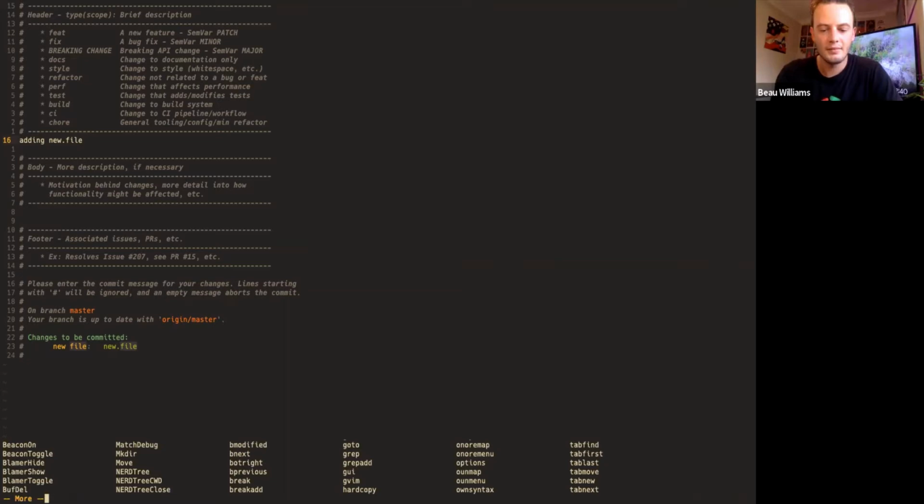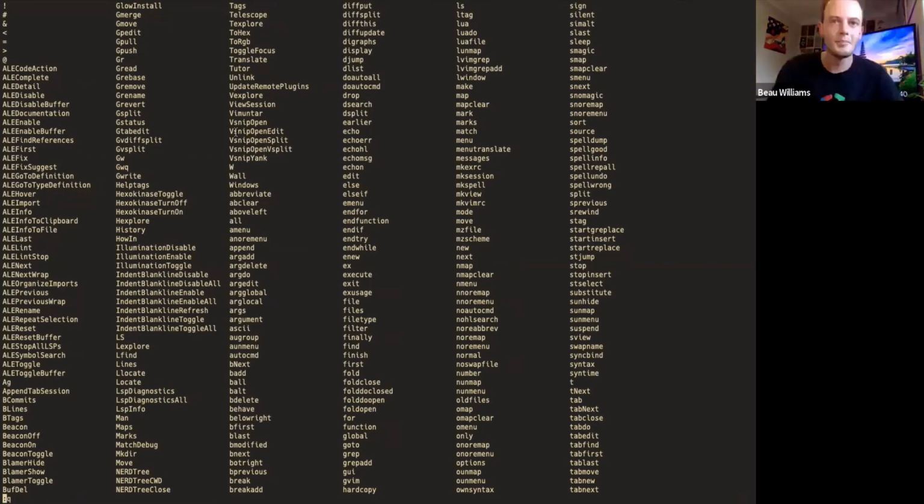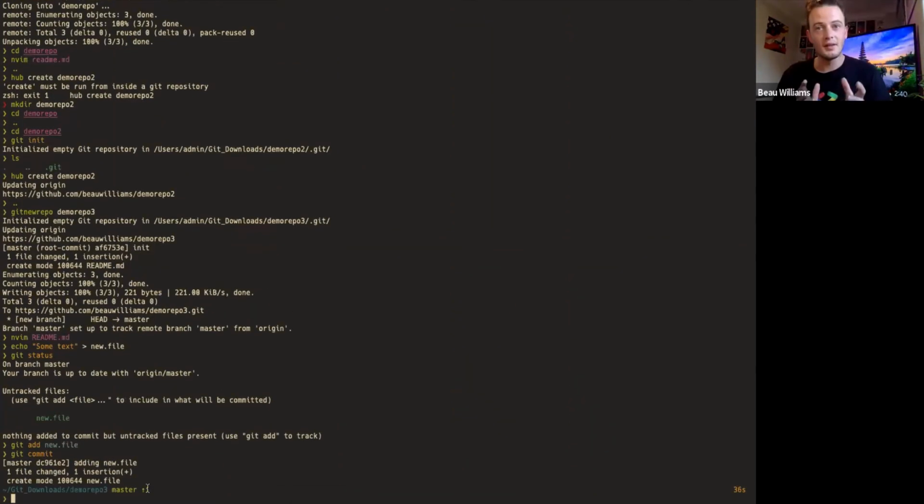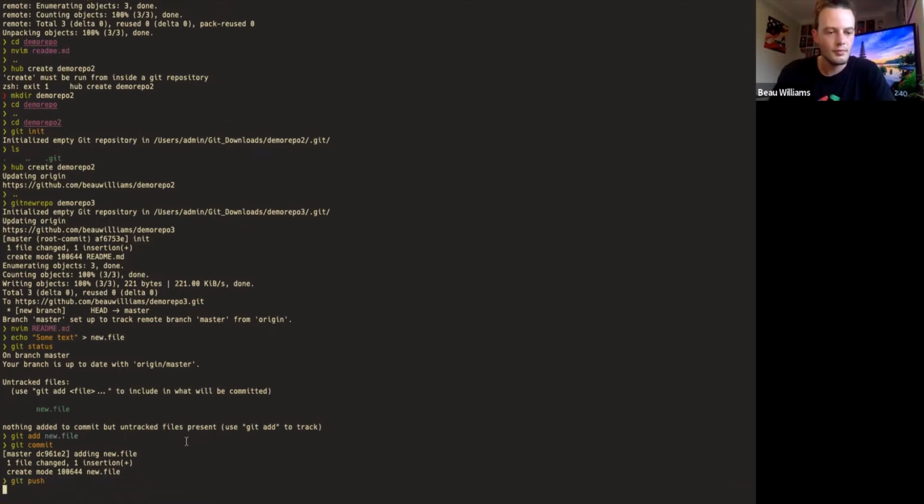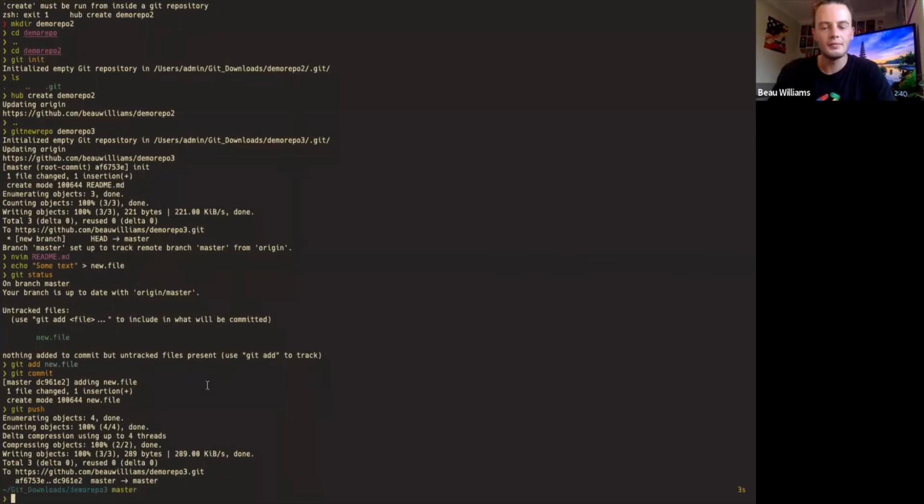And now, depending on your shell, you won't see that. But essentially, it's saying that we've committed the file to the repository, and now it's waiting to be pushed to the remote. Okay. And so the last thing we can do is just issue git push. And it's going to write the files, and there we go.